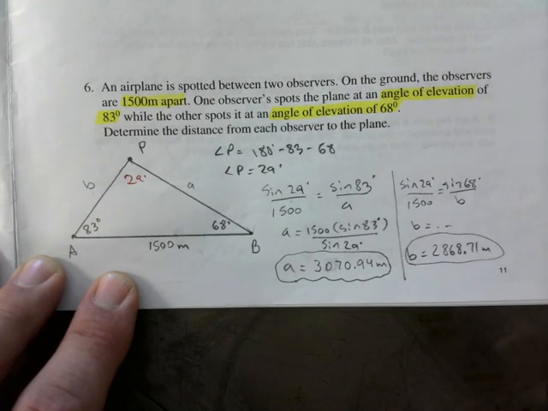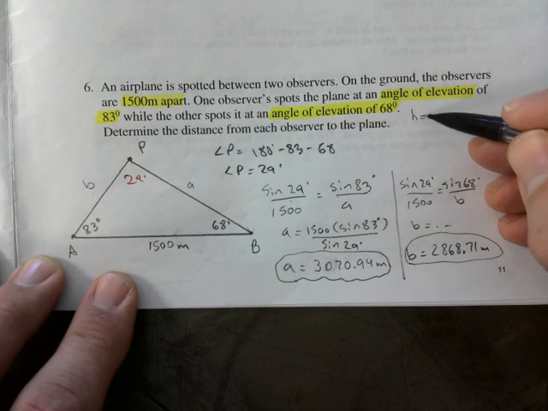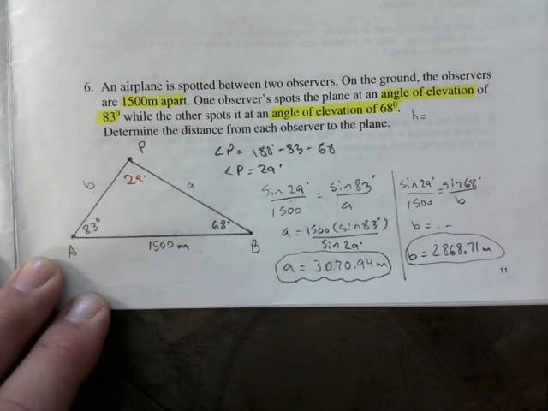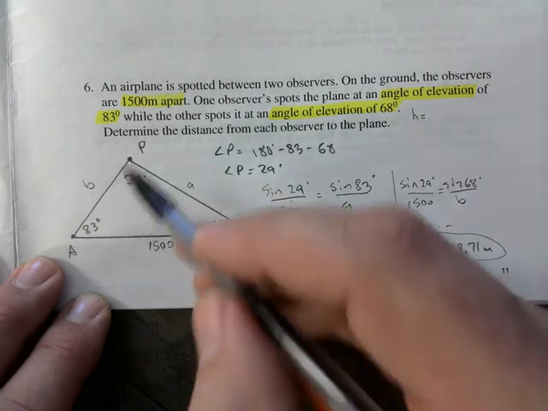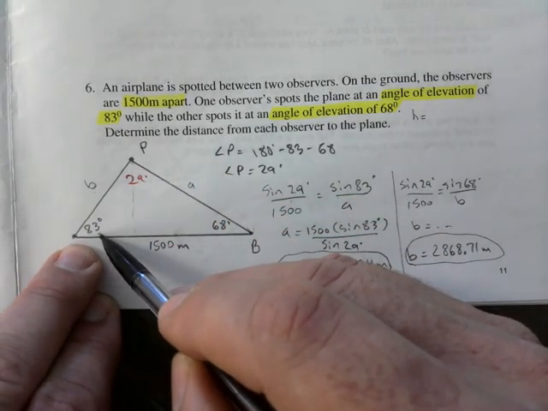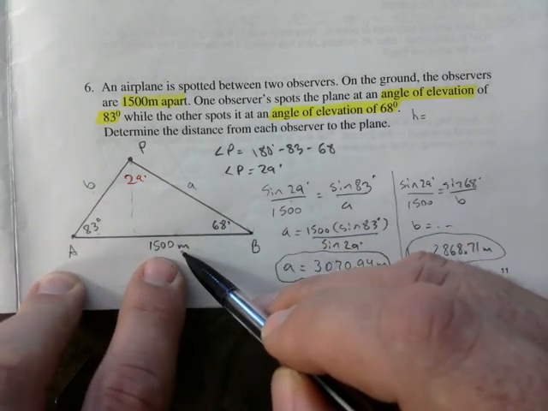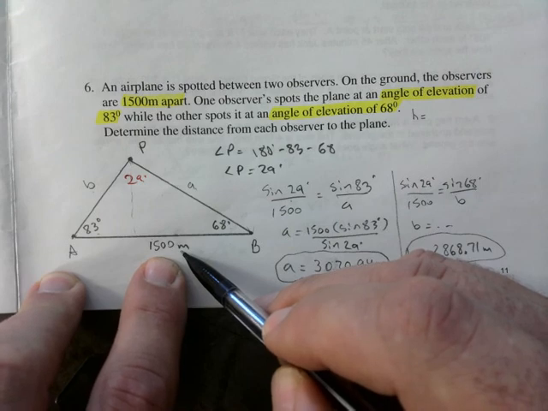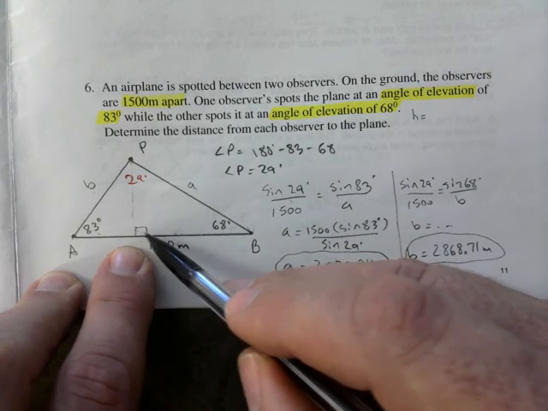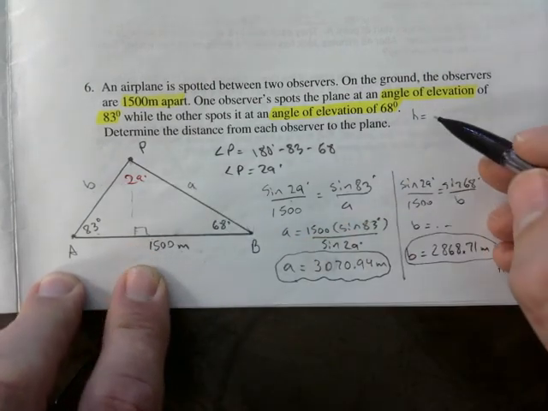So that's that. How would you find the height? You remember how to find the height? You remember the shortcut? Anyone? How to find the height of a triangle? The height is, yeah, you either take side B times sine of 83, or you take side A times sine of 68. Do not use 1500, right? Because it's perpendicular to the height. That wouldn't work. It has to be one of the slanted sides. Okay, so height would be